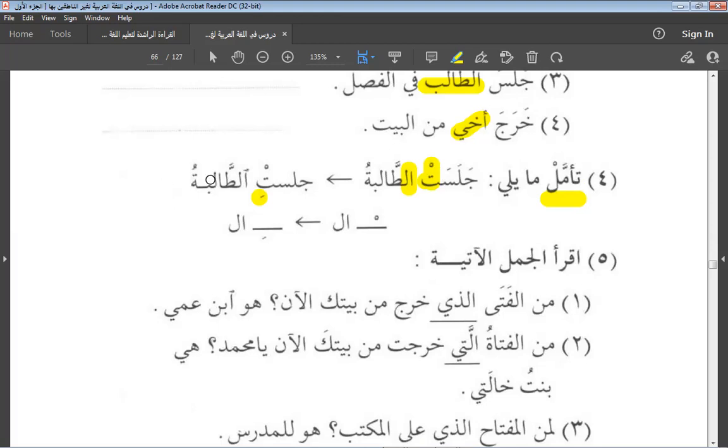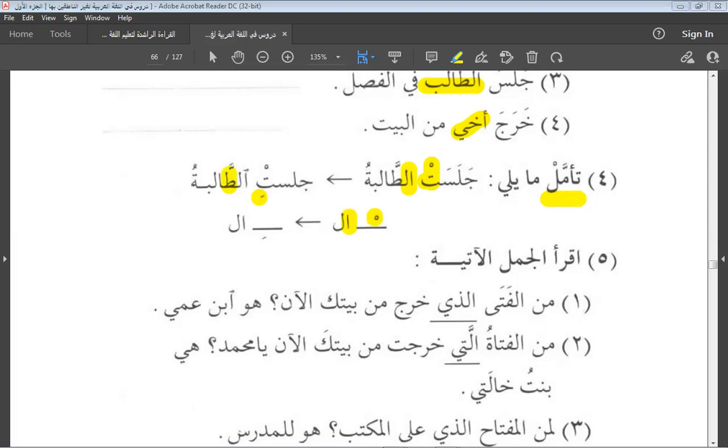Because the ta here is harf shamsiya. It's part of the huruf shamsiya. So it has to take shadda. In that case, we need to jump from the ta to the ta right away. And then we need to bring it a kasra. Okay. The alif and lam, this alif here is sakina. This is also sukun. In Arabic language, we detest iltiqa'i sakinain, what we call iltiqa'i as-sakinain. Like this.